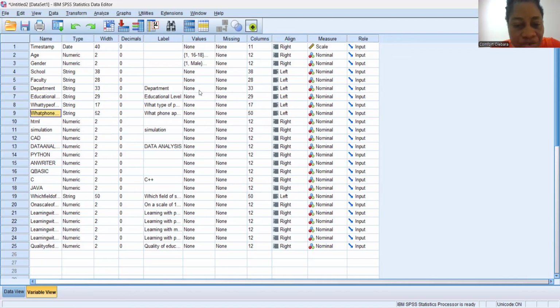Maybe I should have grouped them before exporting, but let's just put that for what we need now. The next place I have interest in is: what phone app have you used for learning? The values for this will be